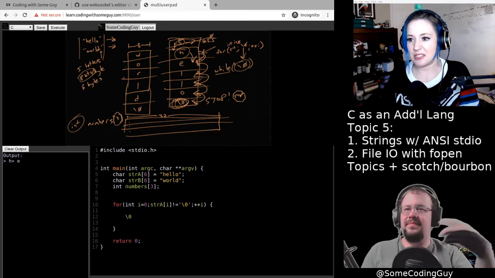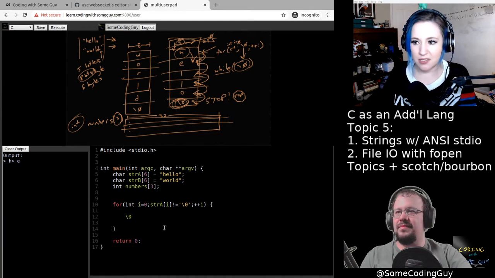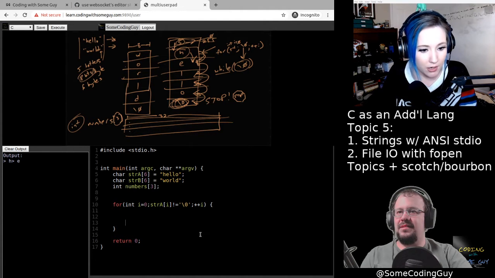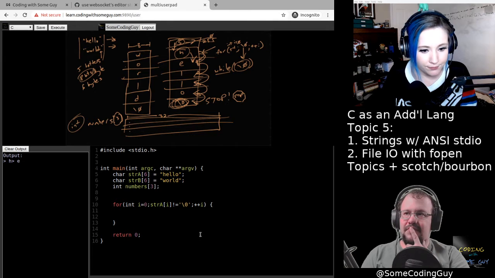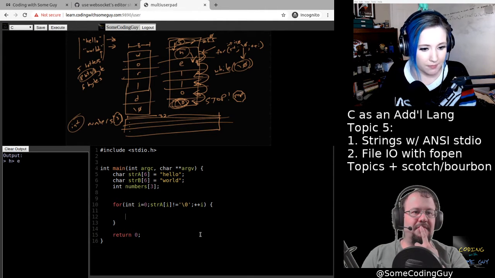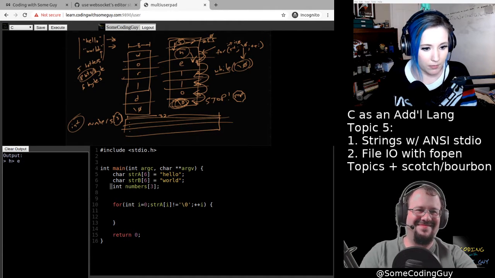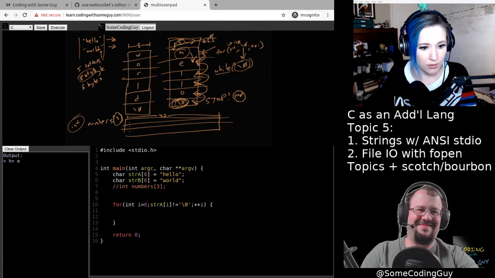I like my spaces, but you see people don't like spaces between things, so I'm trying to be proper and make it all smushed together so no one can read it, but people who think they read C. All right. So let's think about this. Start with i being 0 and then